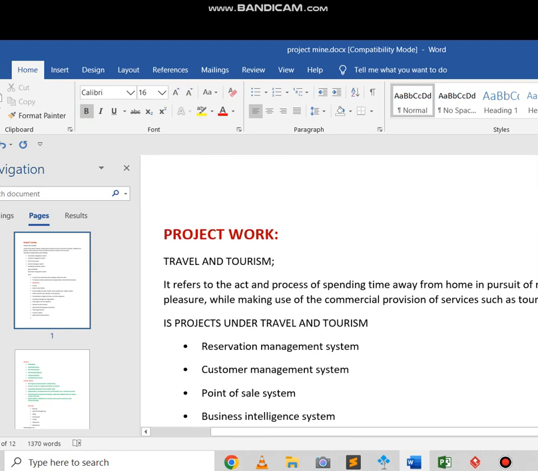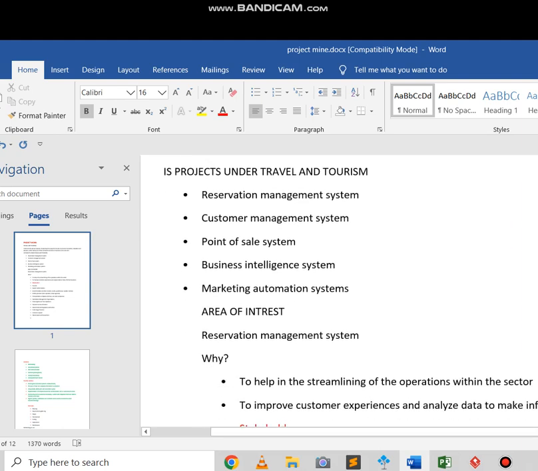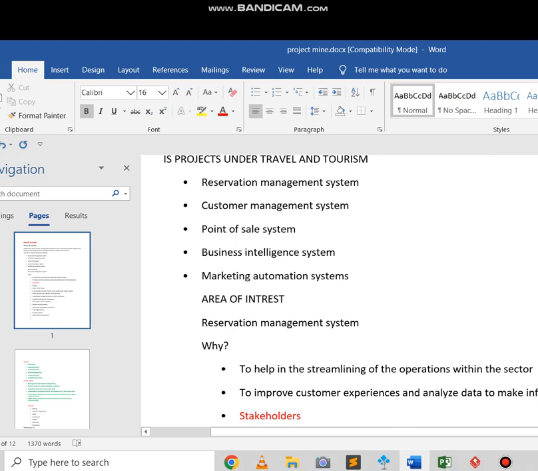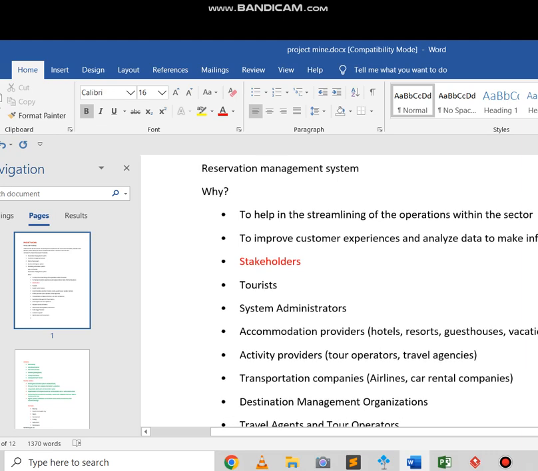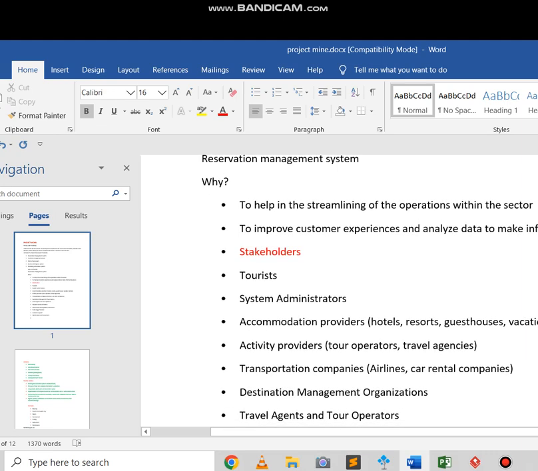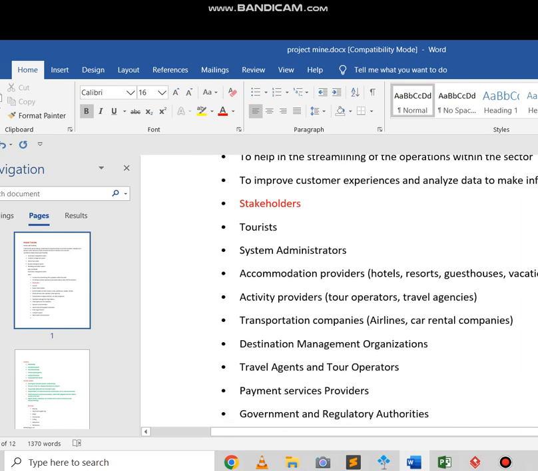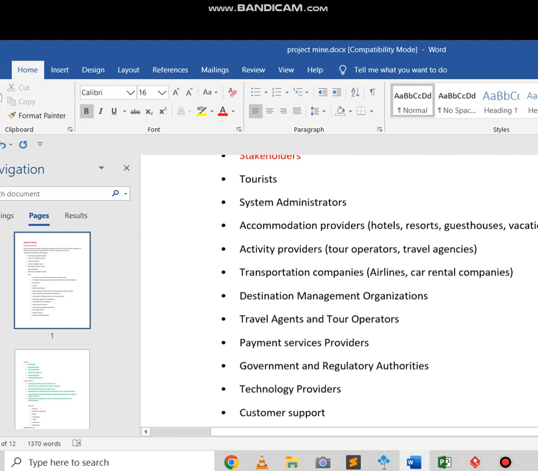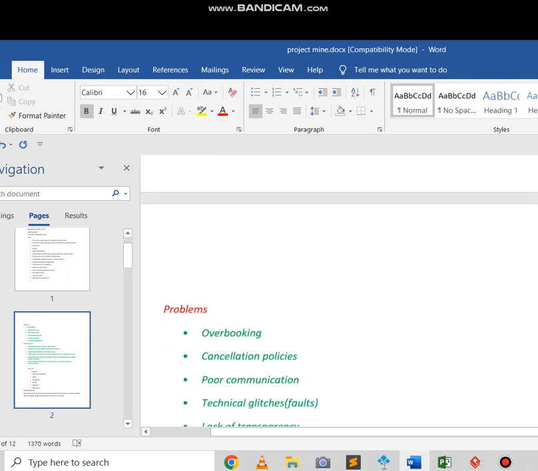I've been working on a project that is travel and tourism, and that on your screen is the project, what it refers to. Then it has different projects in it. I've decided to take on a reservation management system. Why? Because it will help streamline the operations within the sector, to improve customer experiences and analyze data to make informed decisions. Then those are stakeholders of the system, that is the reservation management system: tourists, travel agencies, and all